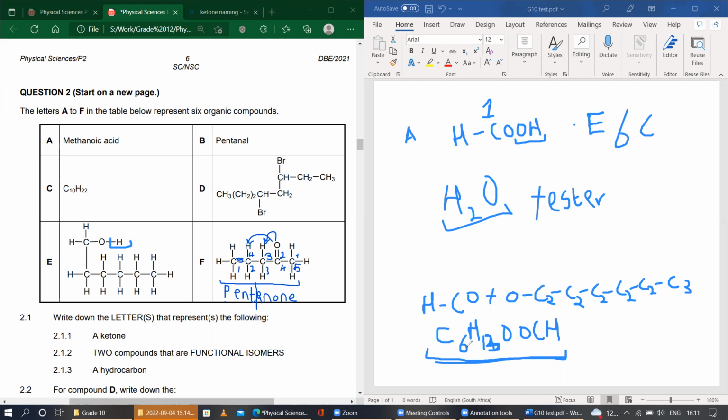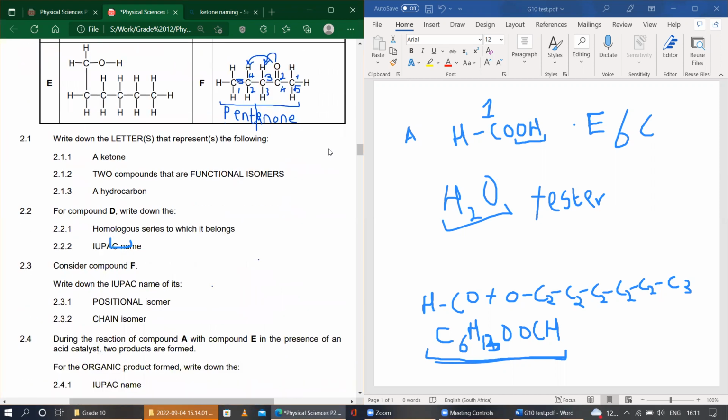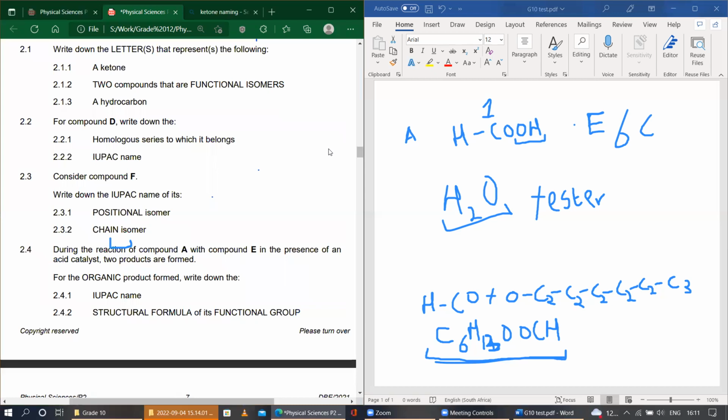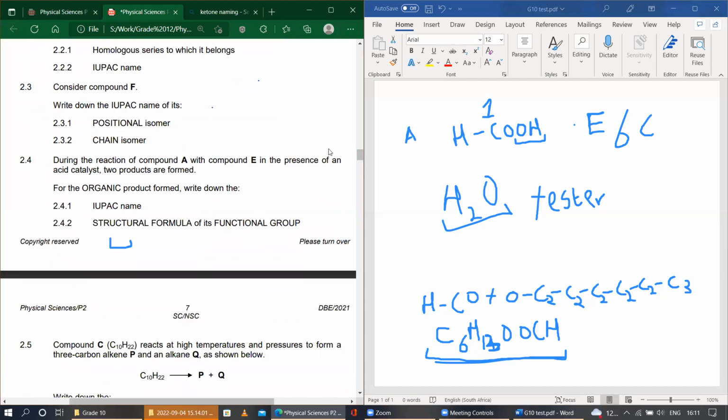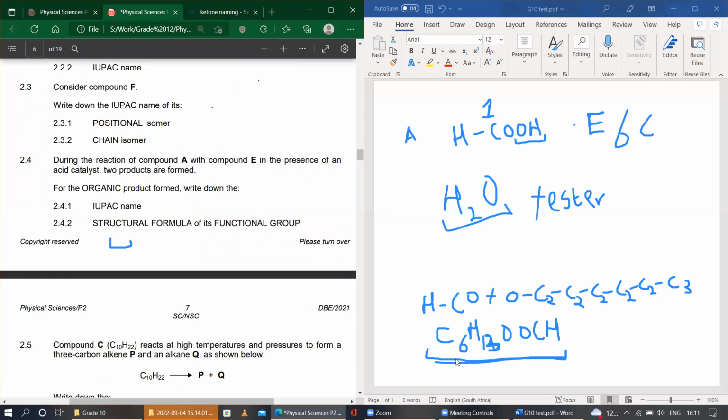Oh, that's gonna be hexyl methanoate. Yeah, I think it's hexyl methanoate. Is that the answer that you got? Yes, sir. Okay, yeah. So basically we formed hexyl methanoate. That's the IUPAC name of the organic compound. Now we're gonna need the functional formula of its functional group. Basically, when they say the functional formula of its functional group,